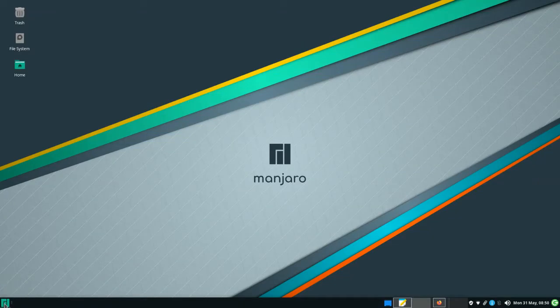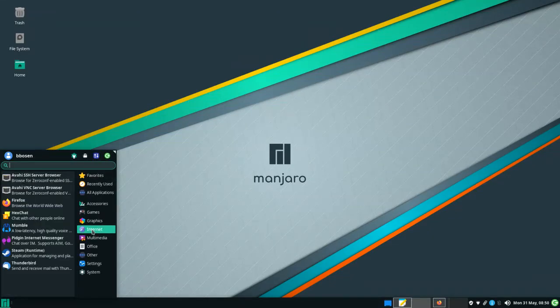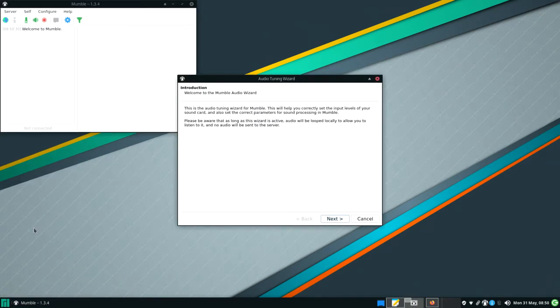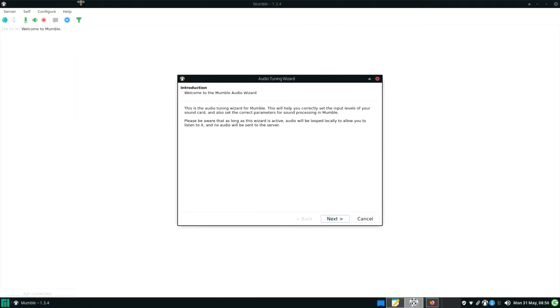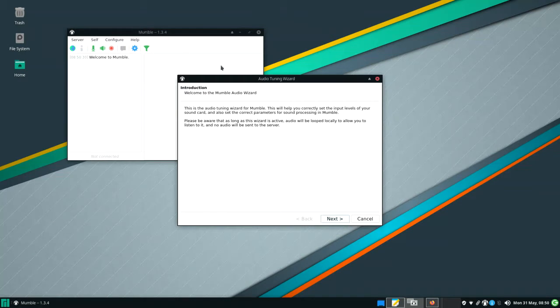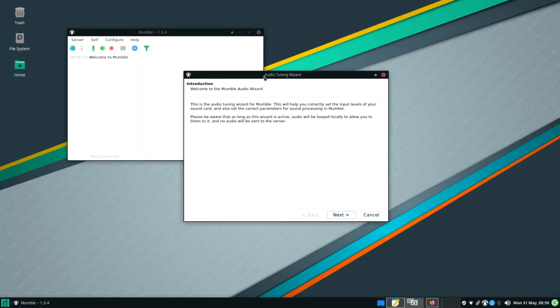I'm going to go to the Start menu. We go to Internet, and Mumble shows up right here. Click, and when Mumble starts up, it starts with its main Mumble frame here, and it automatically activates this audio tuning wizard, which will take you step by step through the process of finding and configuring your speaker or headset